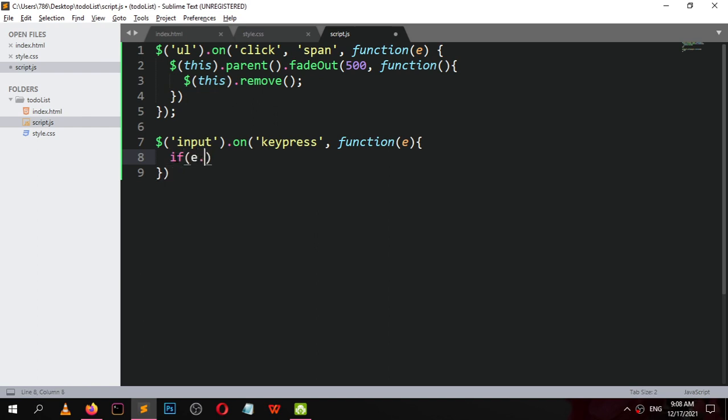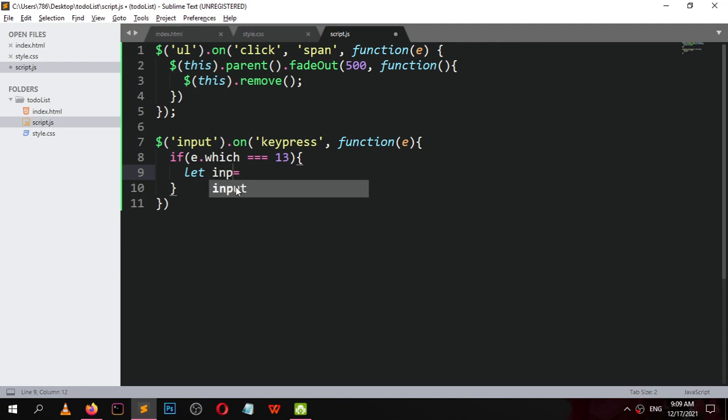So when the key is 13, if e dot which equals 13, we are going to grab the value.